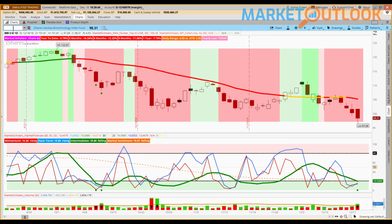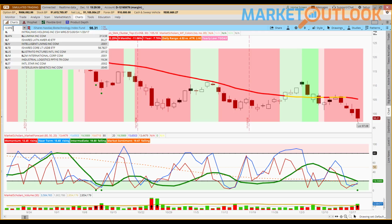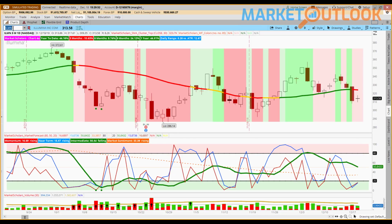One stock that I wanted to focus on here today within the healthcare sector was Illumina. Now, Illumina has actually been a very strong growth stock over the last couple of years, but has been more sideways tracking recently. And you will notice that it was up today, 0.87%, but its posture remains bearish. We still have that light pink background color right there. You can see that the green intermediate term line is pointing lower here on the market forecast, dictating